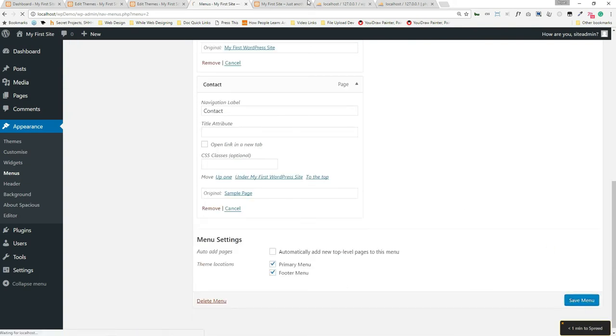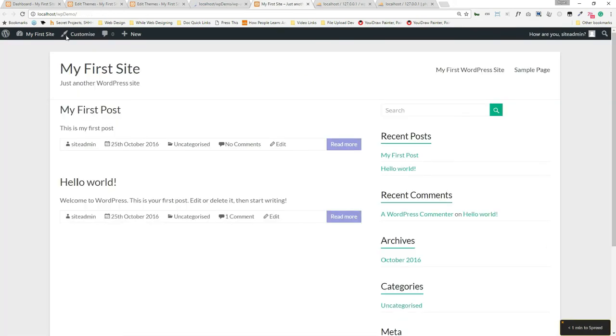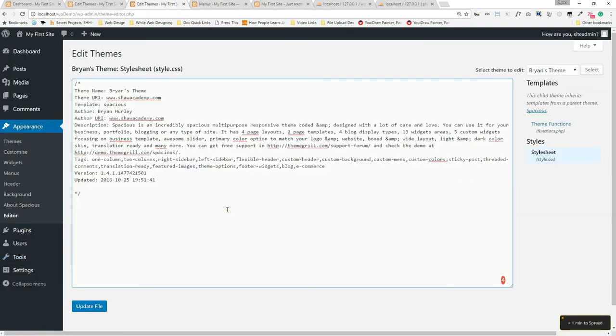Save menu. Go back in here. Once that's finished, there we go. Let's refresh this page. There we go. So now I've got home page and I've got contact. And now let's just target this very quickly in our style just to see how it works. So if I go back into my style sheet here,